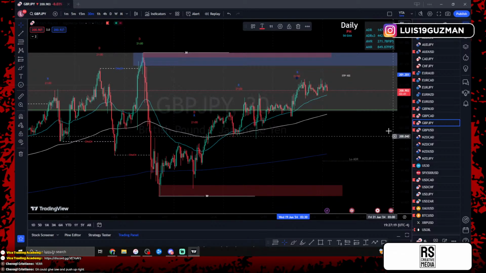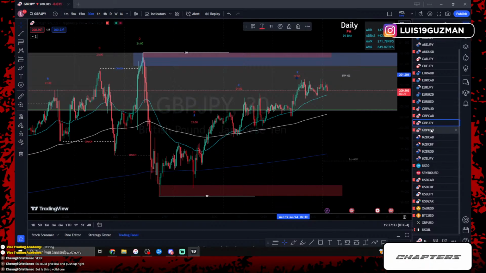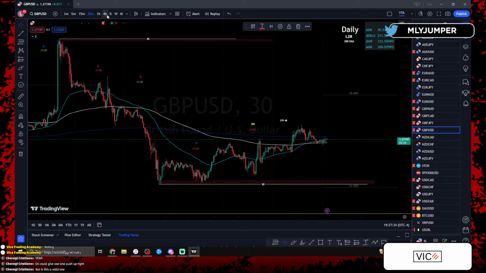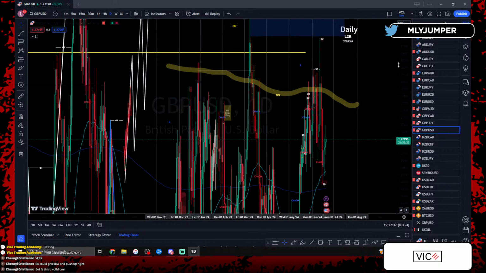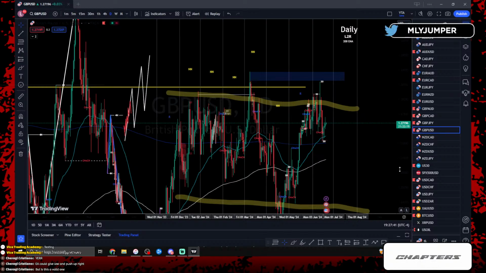At this point we have the 30-minute high and the 30-minute low. Could we be expecting price to give us a slight pullback before we continue the push to the top side? 100%. Could we finish on a no net today and then tomorrow continue the uptrend push? It could, but GJ is another one where I'm not really interested in trading it at this point until we get solid movements into the trend that we're trading in the overall, in the higher time frames.